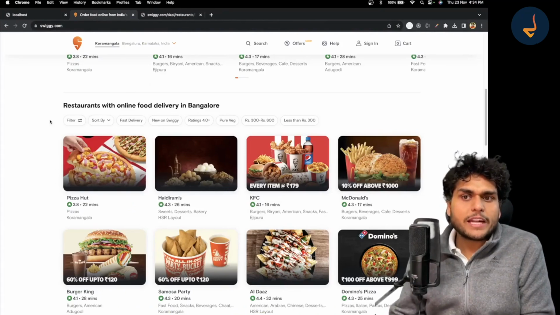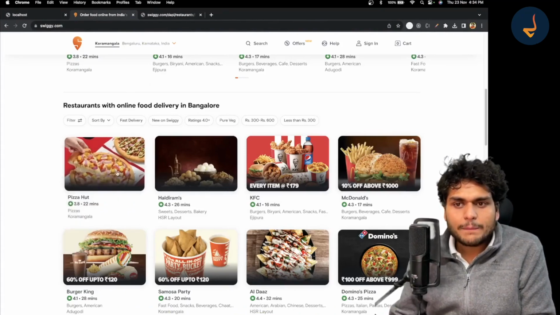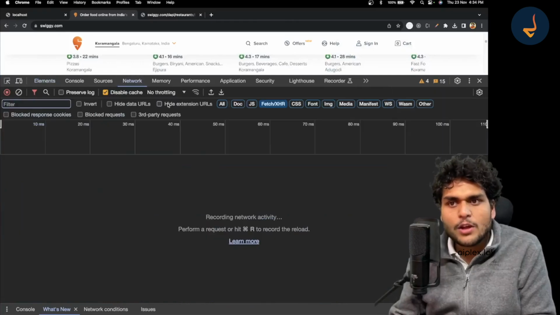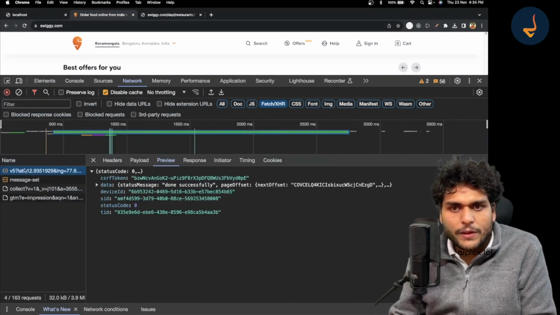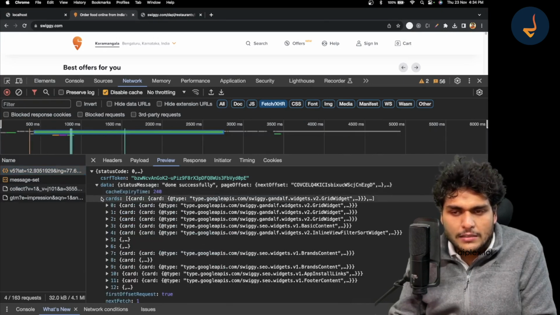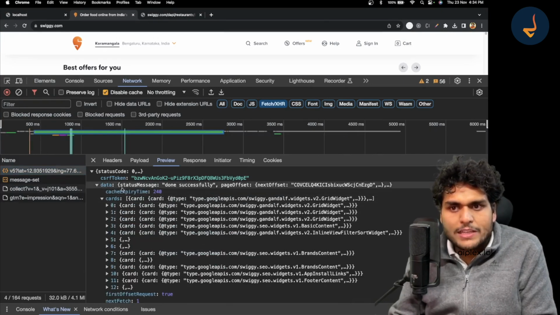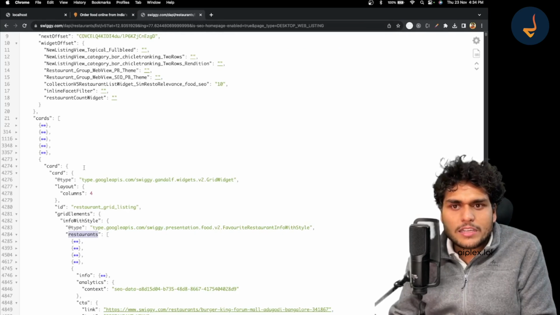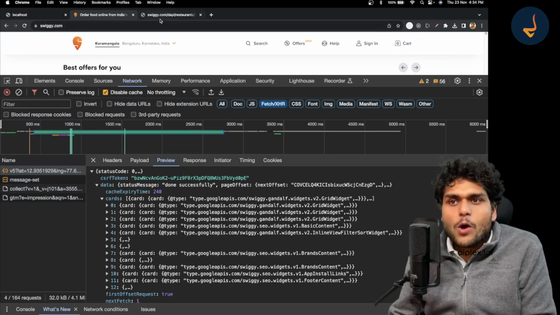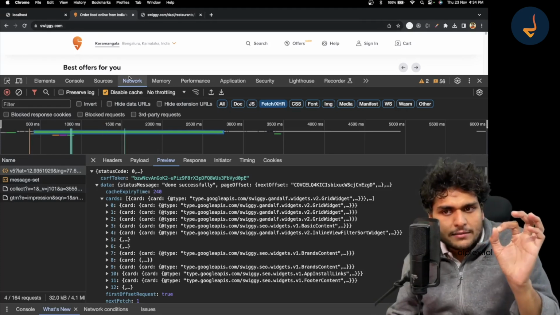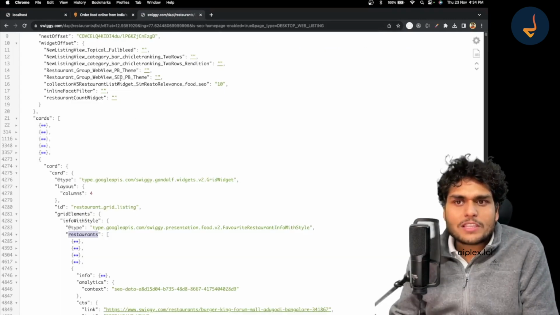I have shown you how to find the API. Right click, inspect element, go to the network tab, go to Fetch/XHR, refresh the page. You will see a V5. This is the V5 API and it is giving us data. See this, it gives you this data. Now, I want only my specific object. So this was the API over here.